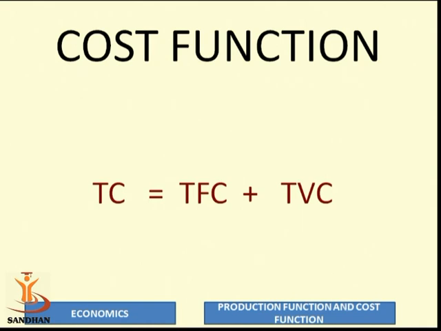So the cost function, particularly in the short run, if you study the cost function, you have two components. The first component is called fixed cost. We already studied it in the earlier one. Fixed cost means expenditures in plant and machinery, expenditures in land and building, etc. Fixed remains fixed despite changes in the level of output. The second one is the variable cost, that is the expenditures incurred in the raw materials, payment of labor, that is wages, etc., which change according to changes in the level of output.